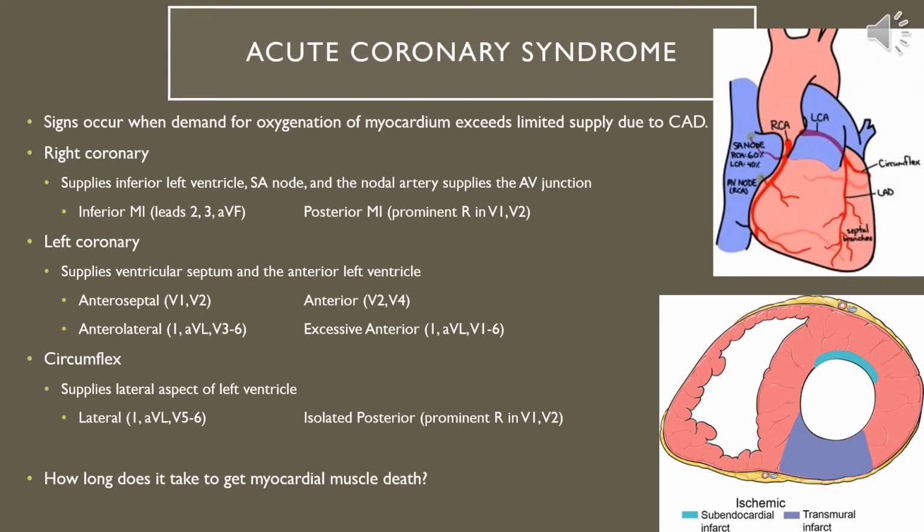This slide has a lot of information. I try not to overload the slides with a lot of words, but I think it's good for everyone to have this all spelled out for the right, left, and circumflex arteries and the supply chain of blood. When we're thinking about acute coronary syndrome,